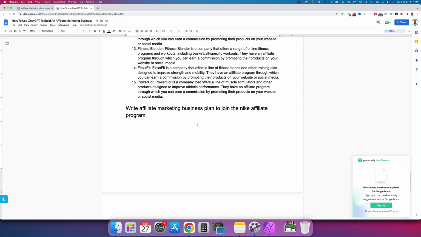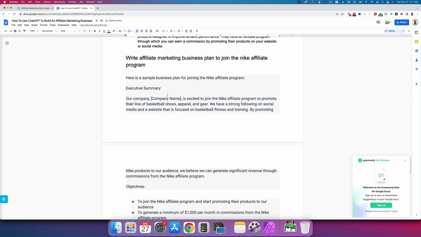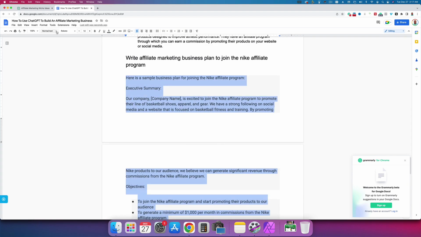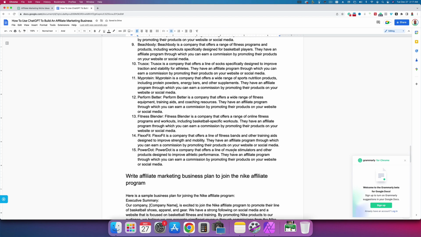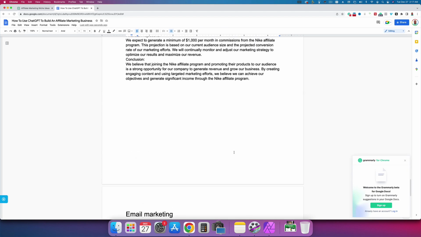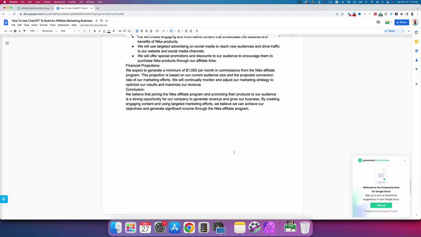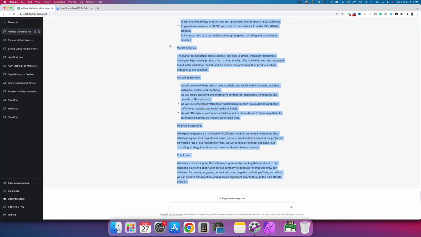So we're just going to paste it in just like that, and then once again we are going to do the formatting. So we're going to go format, clear formatting like this. I'll let you read through it on your own time, but this is a pretty good business plan that could be very encouraging. So now what we need to do is come back and write, let's see,